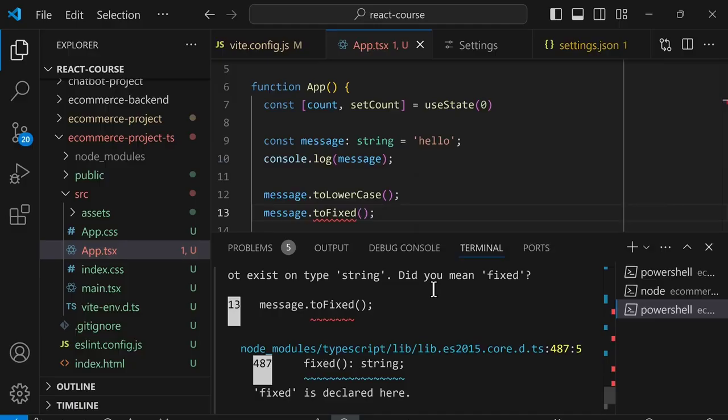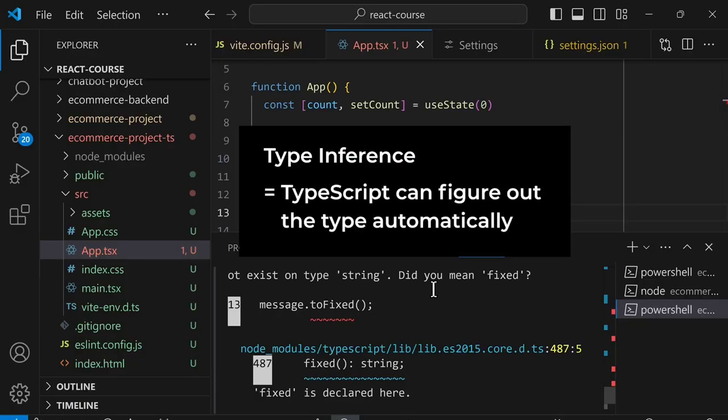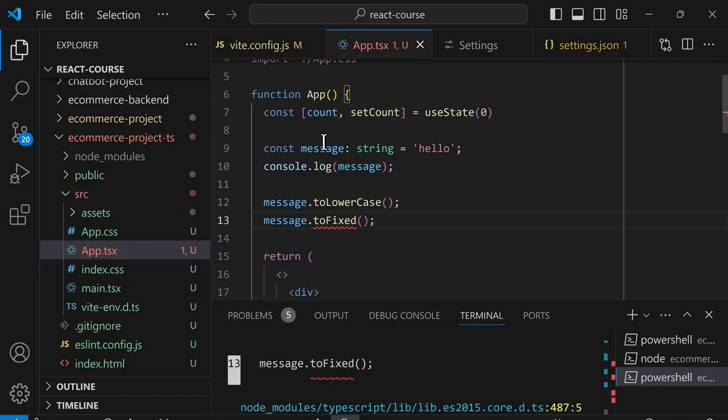Another feature of TypeScript is type inference. Type inference means TypeScript can figure out the type automatically. For example, in this code, this variable obviously contains a string. So we actually don't need to set the type manually here. If we delete this type, TypeScript will infer or figure out that this is a string. So I can remove it and save, and the error check still works because TypeScript knows that this is a